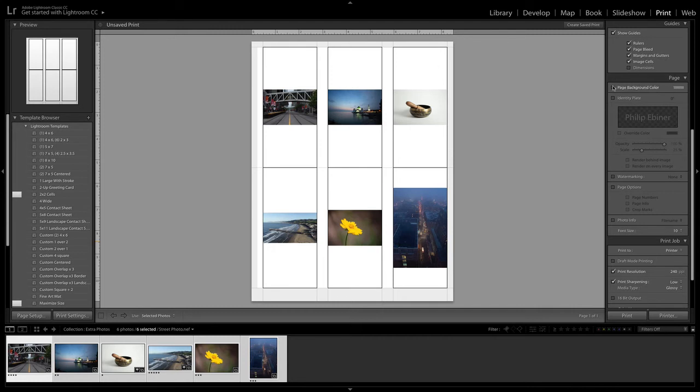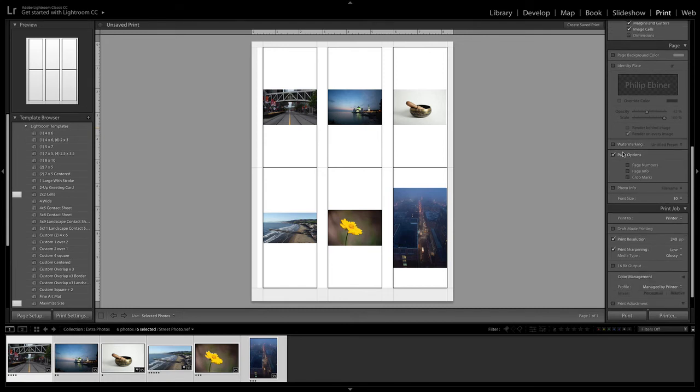Next, you have your page options. Typically you're just going to leave it as is, and it's going to be a white page. If you do want to adjust the background color, you can check that on and choose the background color. You can add an identity plate, for example, if you want a big watermark across it. You can put it on every image like that. Maybe drop the opacity so that there's a watermark on your photo. Or you can just choose the watermark option and do that as well. But that's more of the watermark on the bottom of the print, not across the photo like this identity plate.